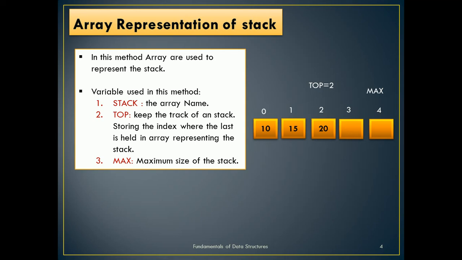Okay, and the top will be at the second location of your array. It means that two fields of your array are empty. Now suppose I want to insert another element at the third location of my array. At that time my top value will be 3. The top value keeps track of the indices. How many elements are present in your array can also be indicated by using the top. This is the simple array representation of the stack.